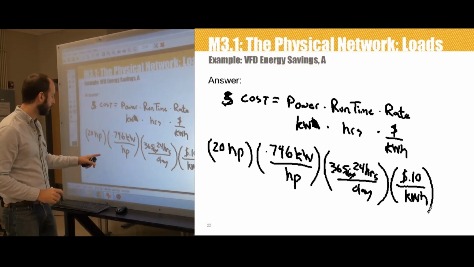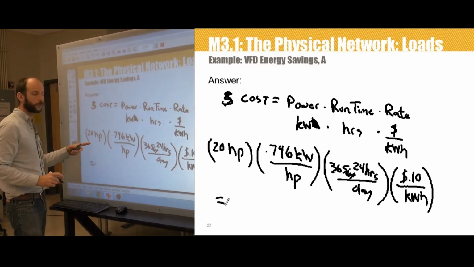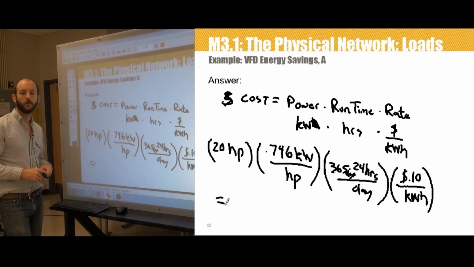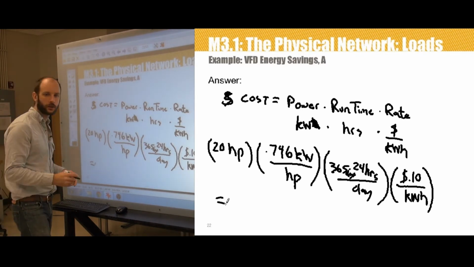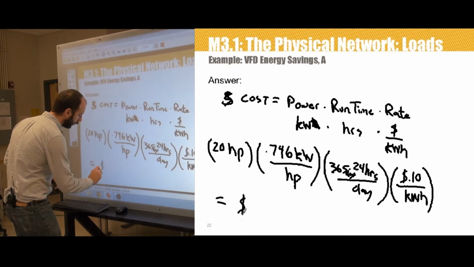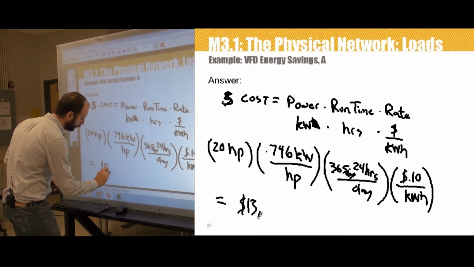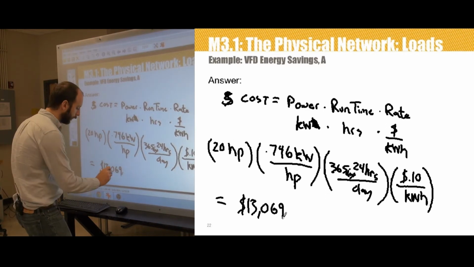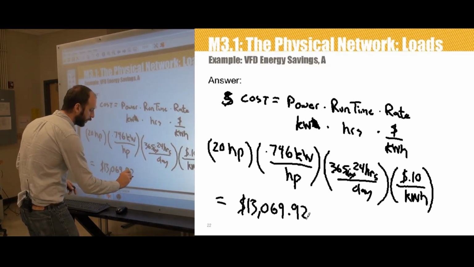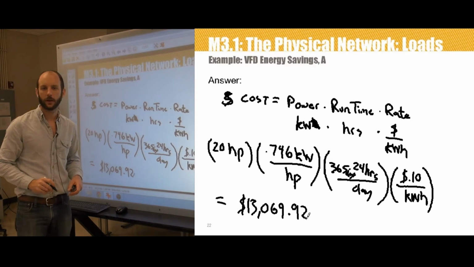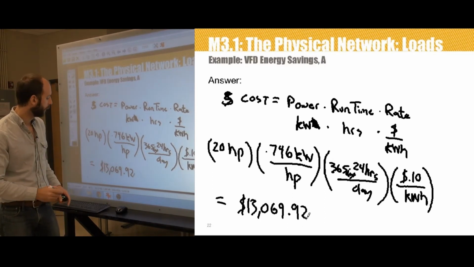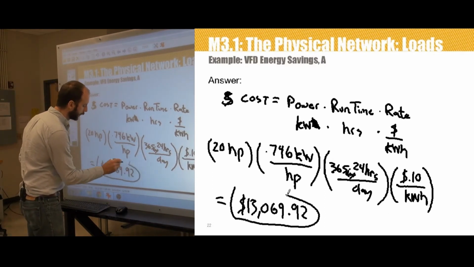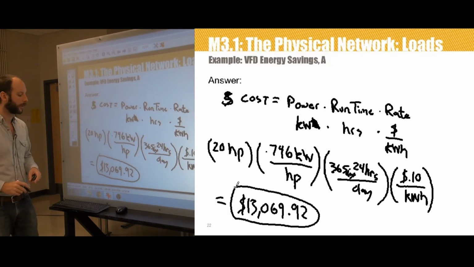Multiply that all out. What we're going to find out is that the cost to run this 20 horsepower motor all year is $13,069 and 92 cents. So if I just turn that motor on, connect it to my electric supply and let it run, that's how much I'm going to spend in electricity to run a 20 horsepower motor